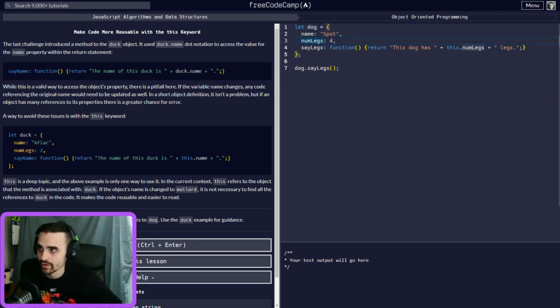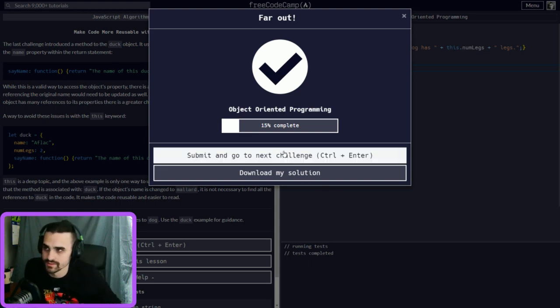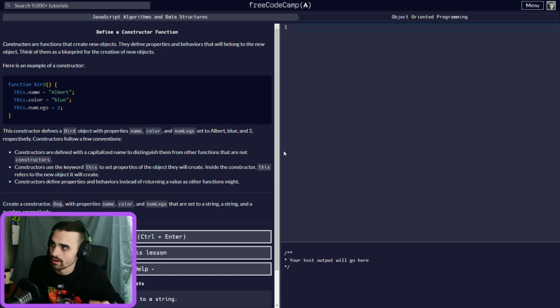But the method that's inside of it will always refer to this name. Even though when we call it, this is always going to be different based on what object we're calling, the inside of it is always going to refer to whatever its parent is. So whatever this parent is, we're going to get the number of legs. We could do a check, but I think we already know it's going to work. So remember the keyword this, because it's going to come in handy a lot.